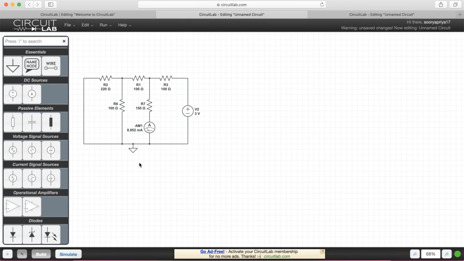So according to the principle of superposition, independently each source is connected and the parameter values are measured, and finally the values of the parameter from all the sources independently measured, when you add them up, should be equal to the original current which is measured when all the sources are in the network. So this is the principle of superposition theorem. It is being verified practically as well as in the simulation model also.